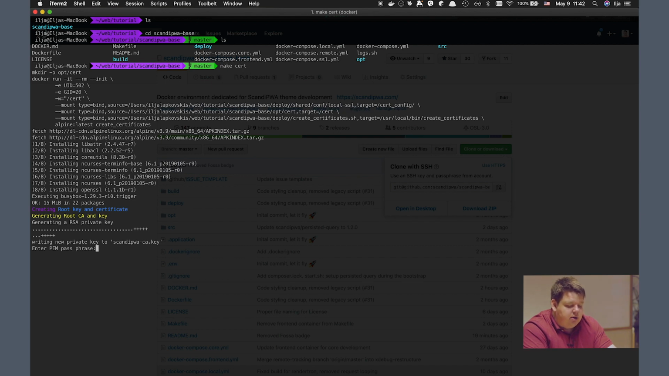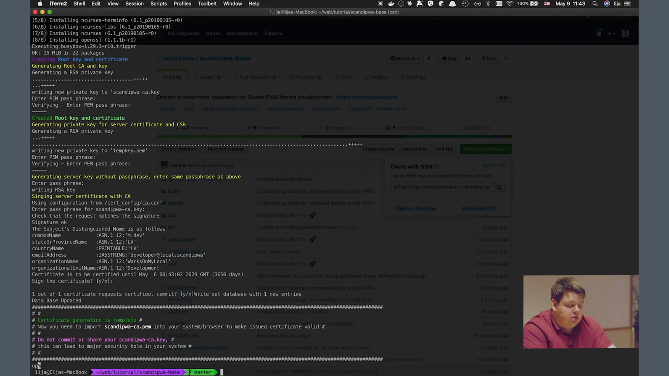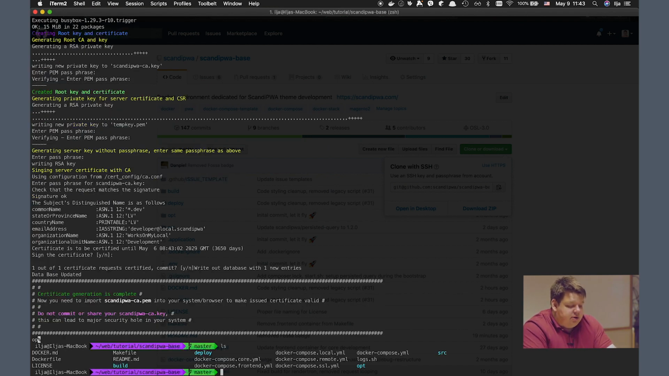Right here we can put any password. Just don't make it too complicated. You will need to type it in a lot of times. That's it. So after it is done,